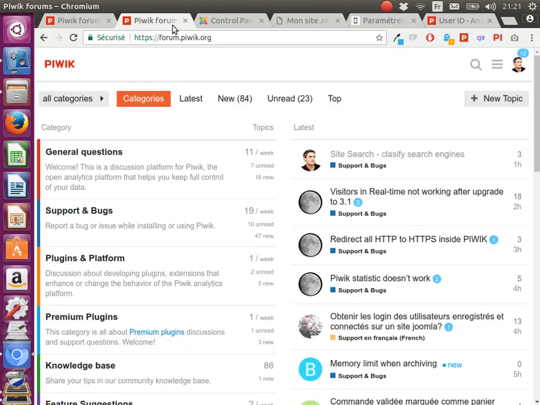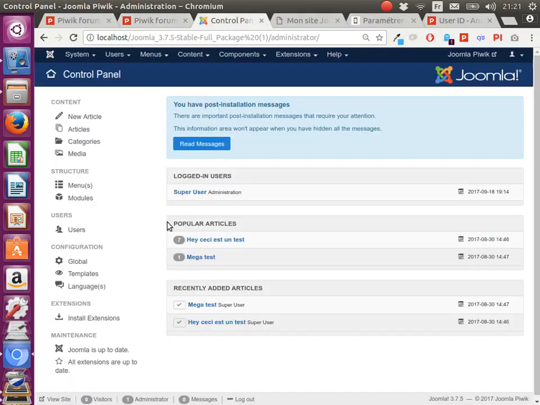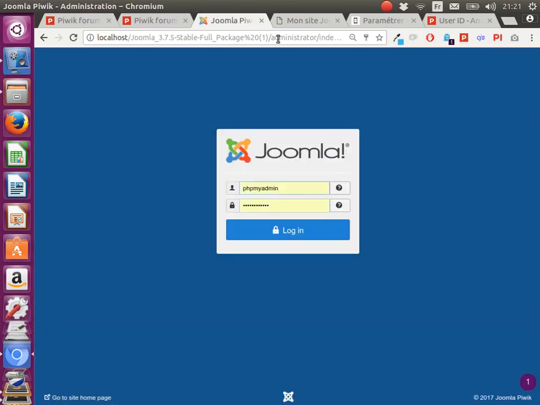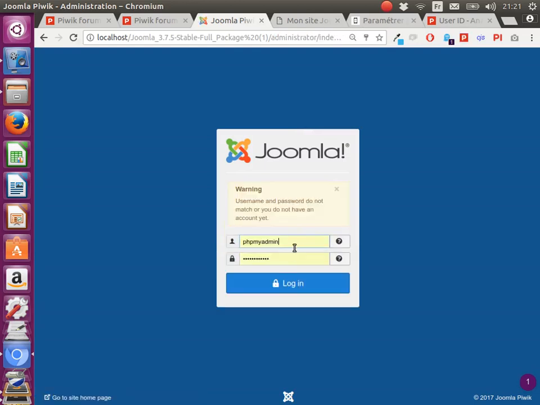So I got this question this morning. I'm not a tech guy, I'm a marketing person, and I tried to understand how to do that in Joomla. I'm not a Joomla user either, so I just installed Joomla on my localhost. And in order to track the back office of Joomla, you will see that it's under the following folder. So you already know that the Piwik tracking code, you need to install it here and not through the regular back office, through an extension such as NFR for Piwik.